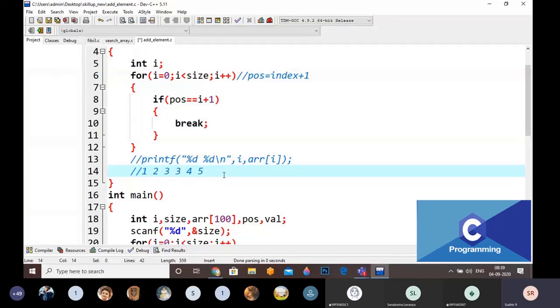Just observe here what I am doing internally. Then the 3, 4 and 5 are copied into the next positions, and this is now the garbage value, right? My next step is this one, forming the array like this.